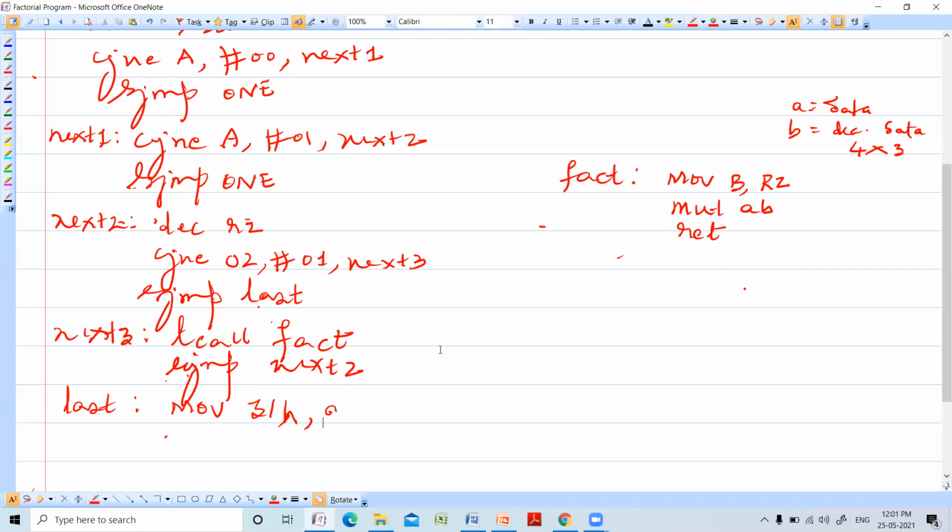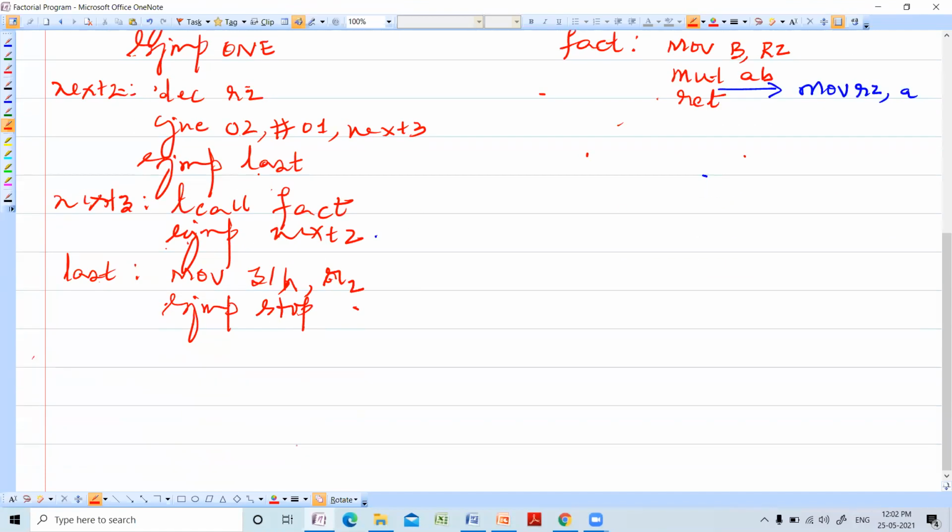Every time R2 should contain the product, the partial product. So what you are doing here? Move R2 comma E. So R2 is having the final product. SJMP start. So here you have to write 1